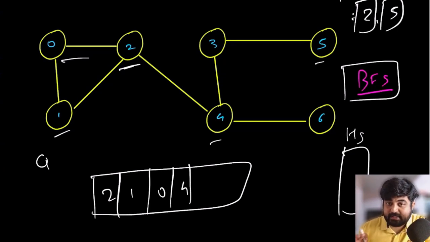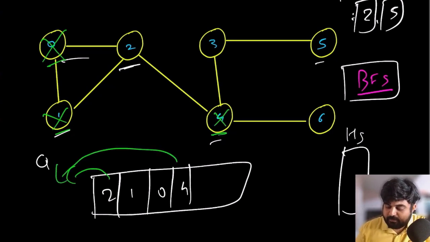Now 5 is still not found. So keep going, pop out 2, and then again repeat the same process. For 1 and 0, it would not lead us to any answer. So again, we would eventually pop them out. 4 is the immediate neighbor, and again we would pop 4 out. From 4 we would be able to go to value number 3 and 6. 6 is not going to lead us anywhere, but this 3 is going to lead us to value number 5,